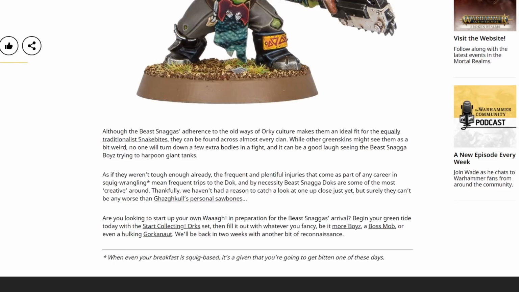As they say, it makes them an ideal fit for the equally traditionalist Snakebites, but they can be found across almost every clan, and while other greenskins might see them as a bit weird, no one will turn down a few extra bodies in a fight. I mean, why would you? But yeah. I do like it. If you're looking to start up your own...